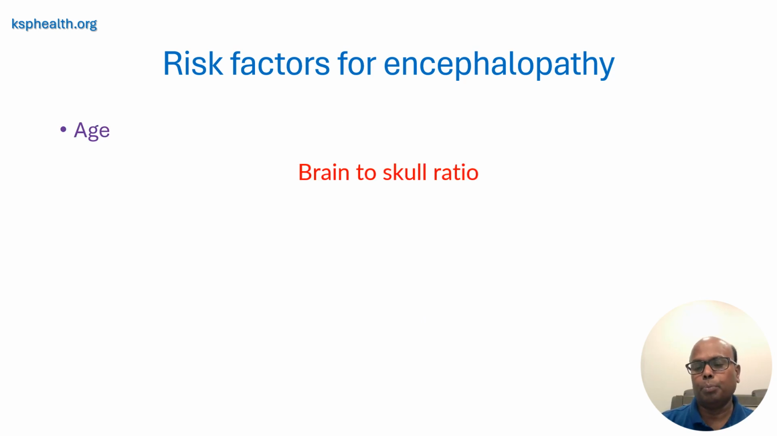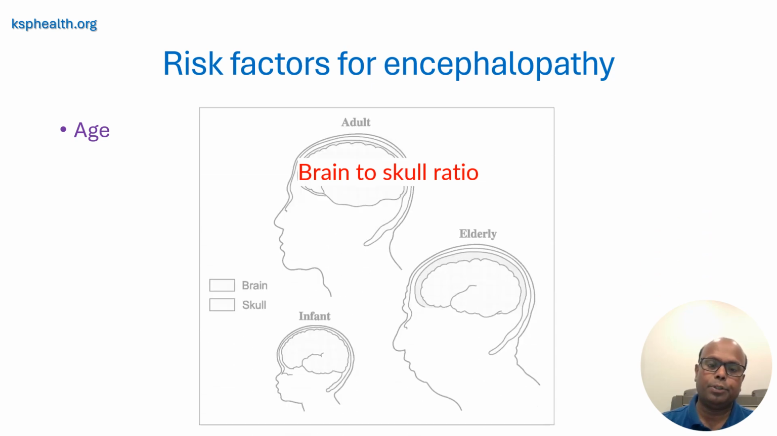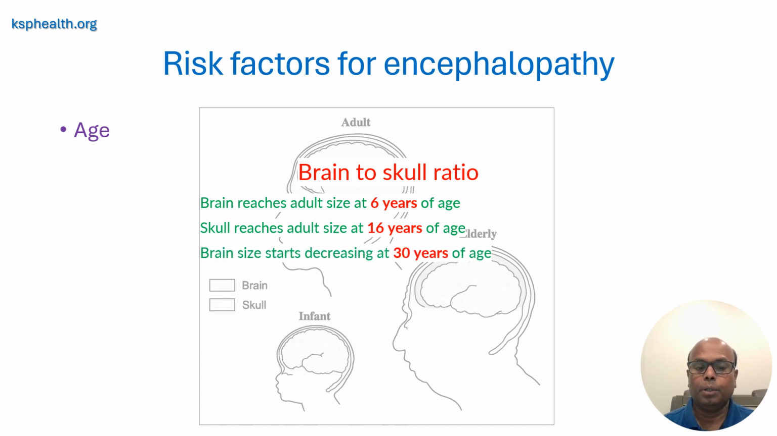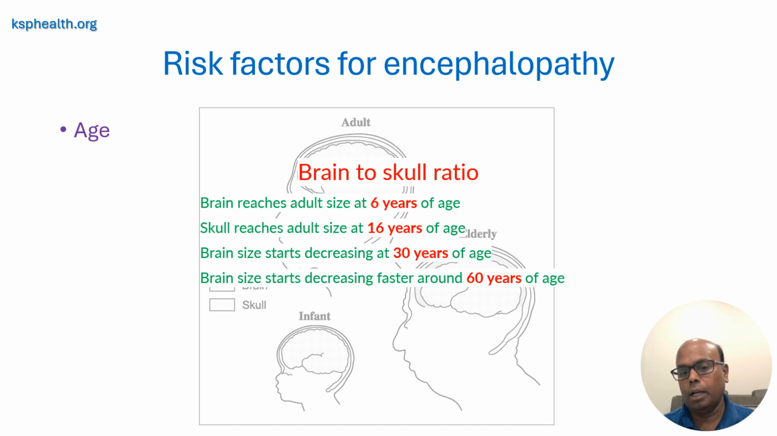So one of the most important reasons for cerebral edema, more common in small children, is the brain to skull ratio. These are the facts. The brain reaches adult size at 6 years of age. The skull reaches adult size at 16 years of age. Brain size starts decreasing at 30 years of age, and decreases faster around 60 years of age, meaning